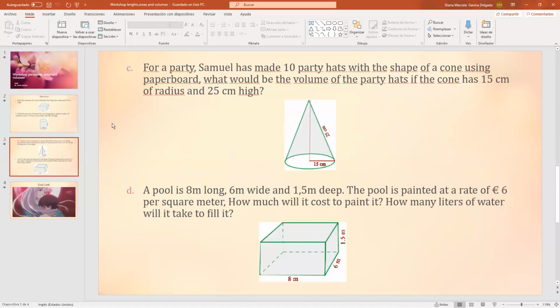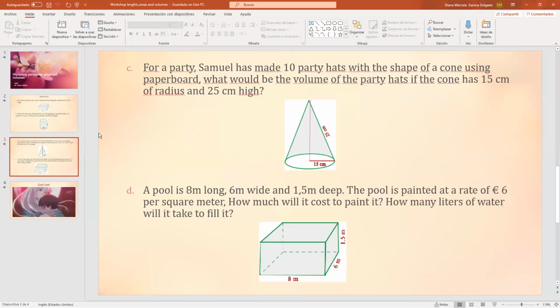C, for a party, Samuel Chavez has made 10 party hats with the shape of a cone using paperboard. What will be the volume of the party hats if the cone has 15 centimeters of radius and 25 centimeters high? D, a pool is 8 meters long, 6 meters wide, and